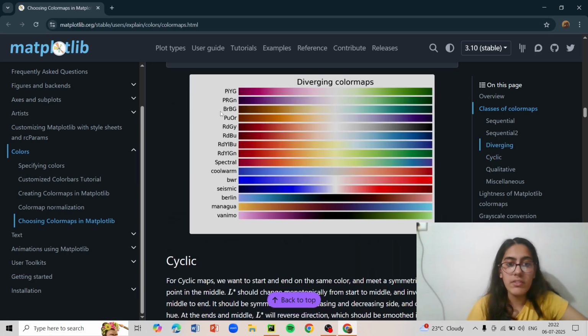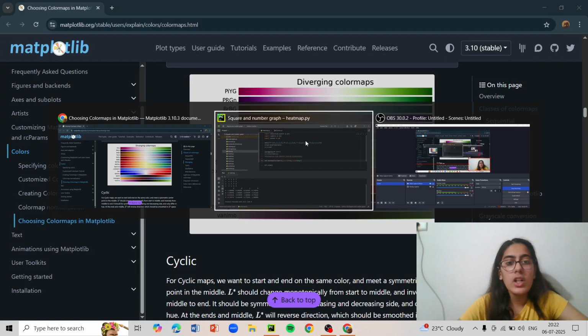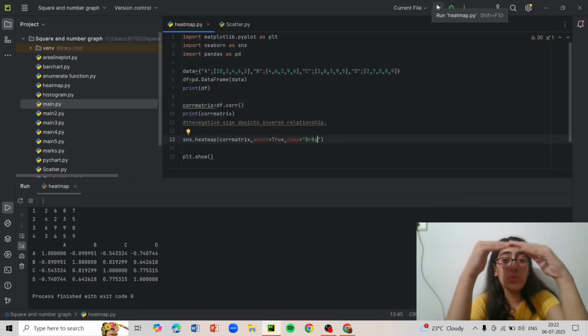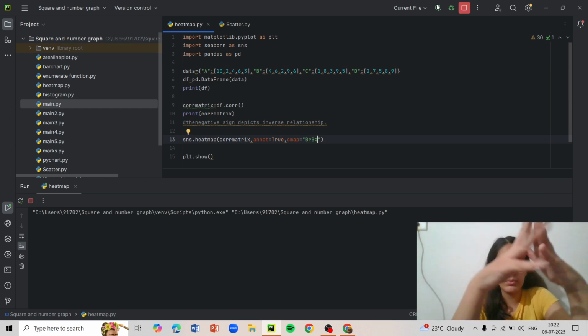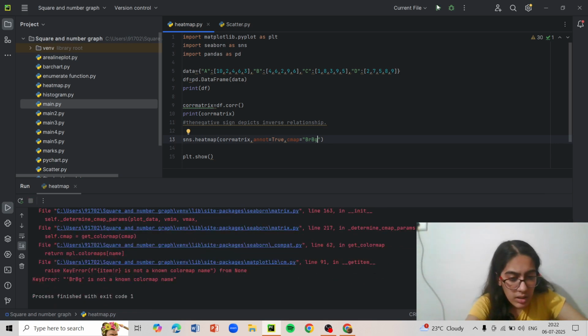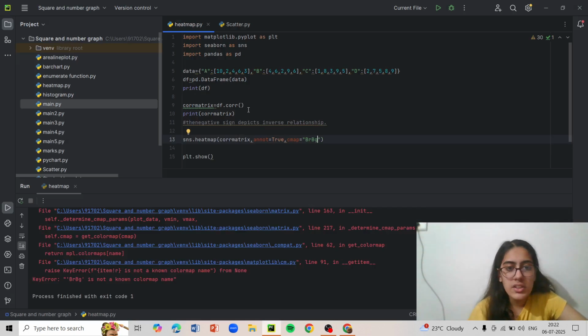And then here are the diverging colors. Like let's go and put in BrBG. So what this should do is go onto 0. 0 should be the lightest shade, and then like brown, and BG is green maybe. Okay, so BRBG is not a known color map name. G should be capital.